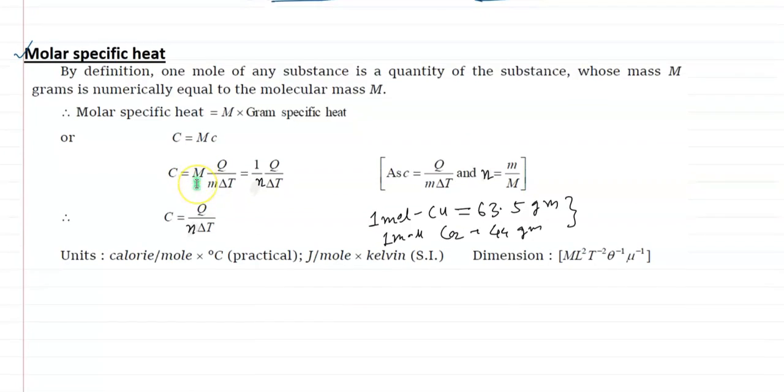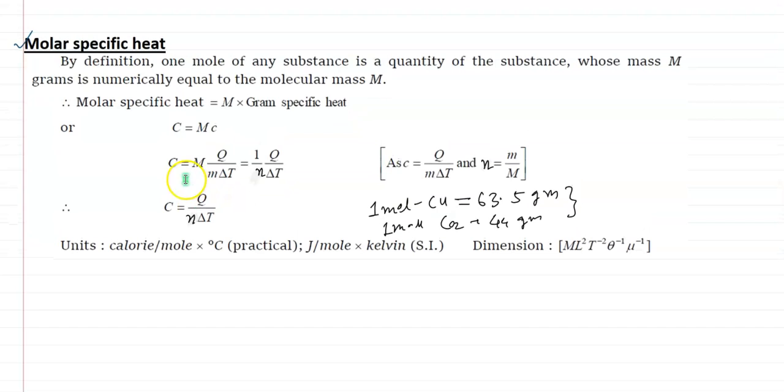Okay. But in gas, we use basically molar specific heat. By definition, the molar specific heat means the amount of heat energy required to raise 1 degree centigrade of 1 mole of gas. So here, molar specific heat means 1 mole, meaning M gram. So if c is the gram specific heat, then molar specific heat, capital C, will be M into mass specific